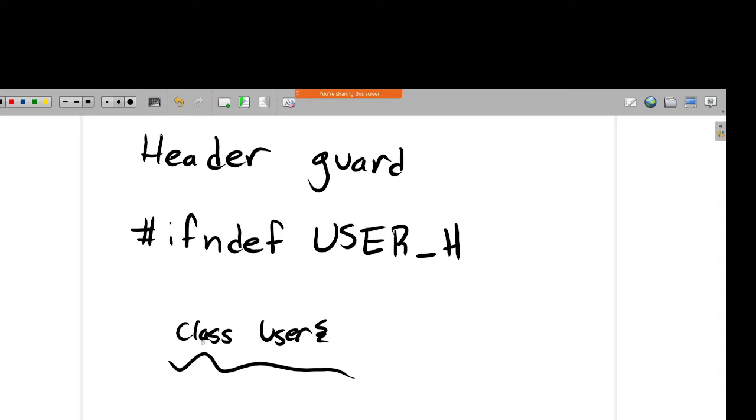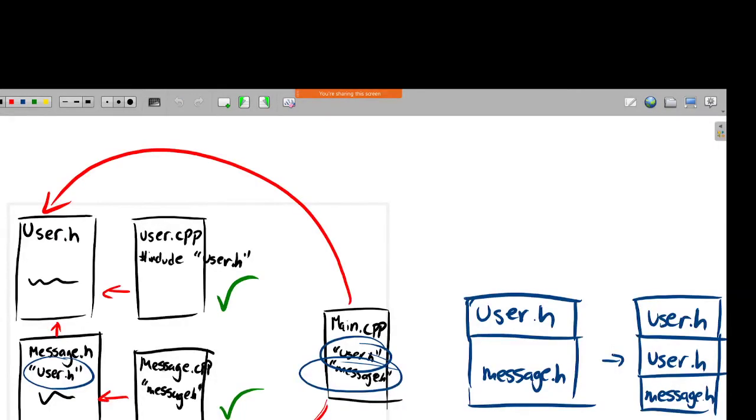So this will do it if it's defined. Now I need to make sure that the thing gets defined so that this ifndef can ever trigger. The idea here is we check if it's not defined and then put an endif at the end so that all the code is collected inside of it, and then we define the thing that was not previously defined. And so if we do this, and we go back and look at our dependency graph here,